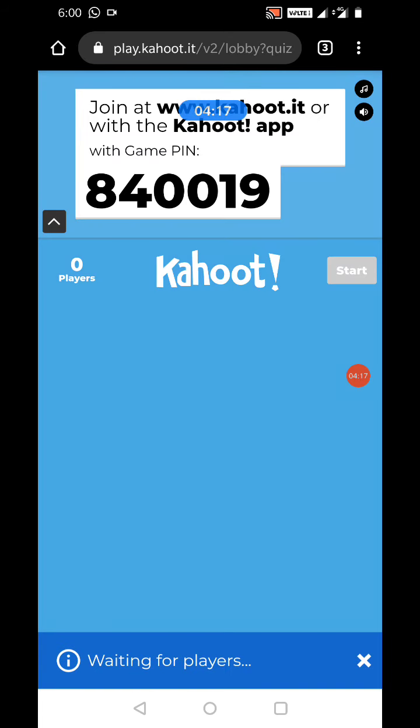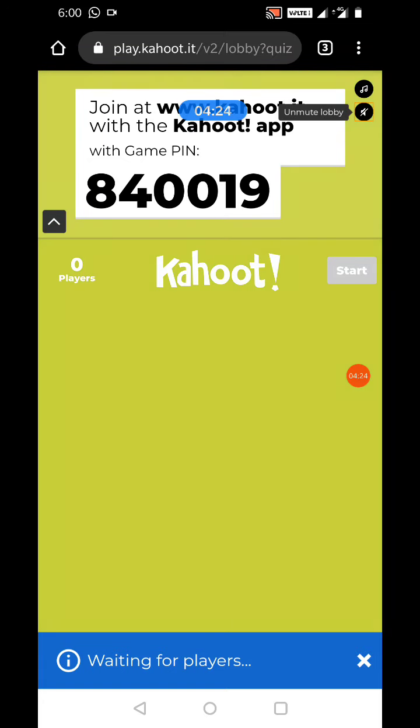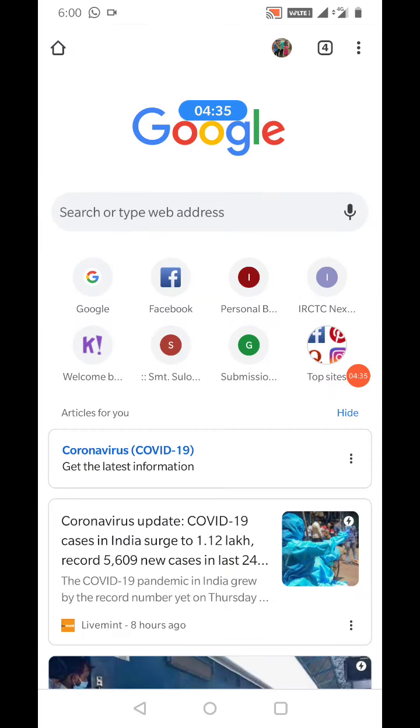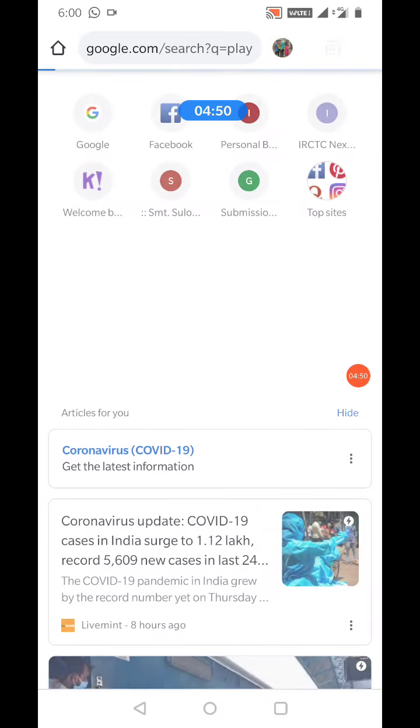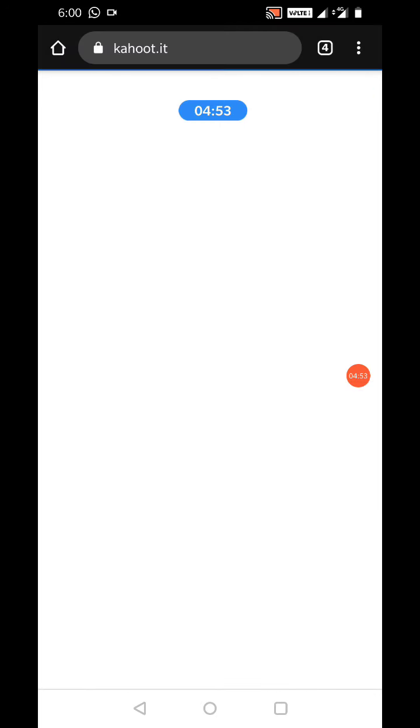now it gives you a pin. We can unmute it by clicking on this mic. Okay, so this pin is given. Now students cannot play from this site, they have to log in on another site, and that will be Play Kahoot. So you remember that teachers, those who have to create the quizzes, have to log in on Get Kahoot, Create Kahoot, and players have to log in on Play Kahoot to play the quiz.